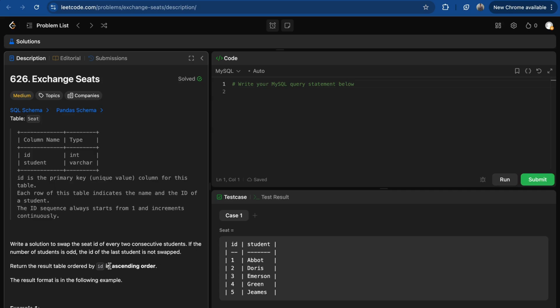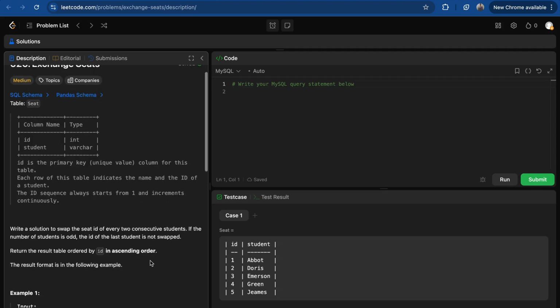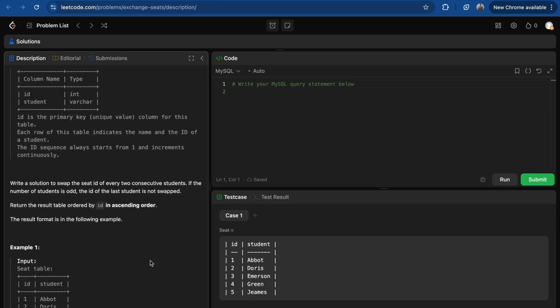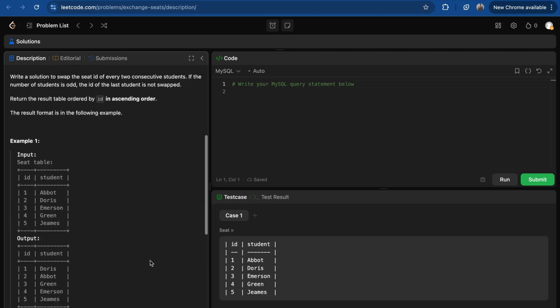Okay, if the number of students is odd, the ID of the last student is not swapped. Okay, return the table ordered by ID in ascending order. Okay,